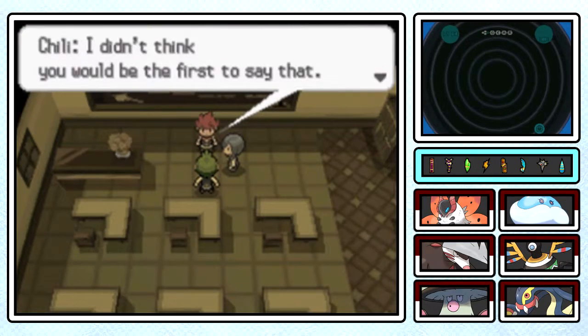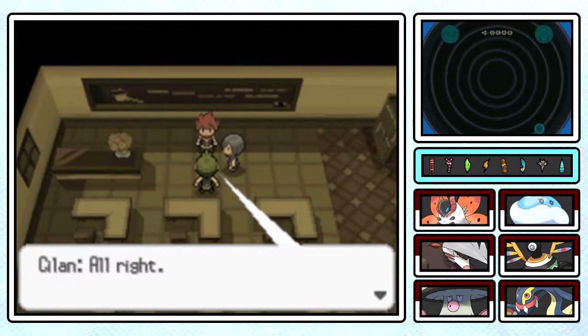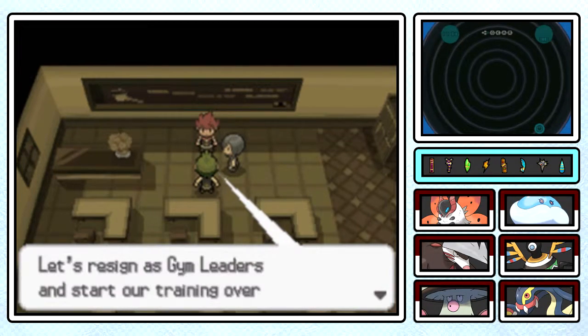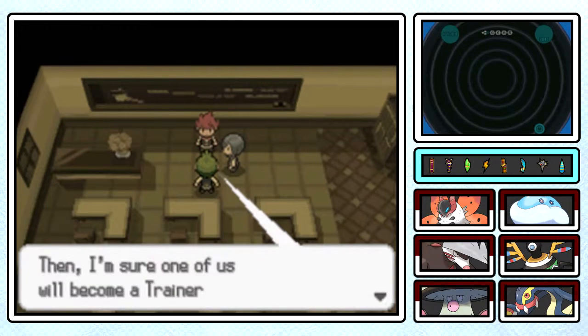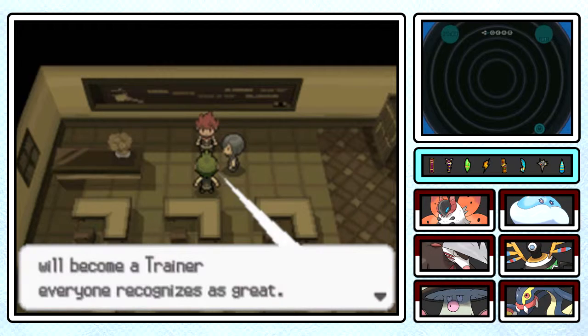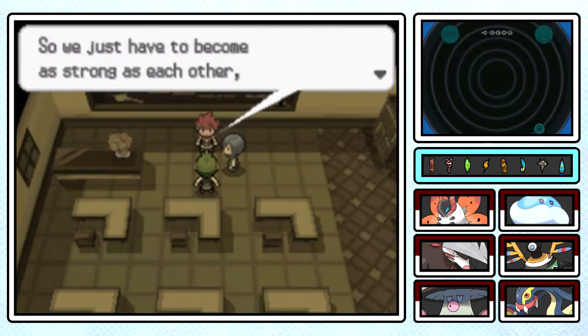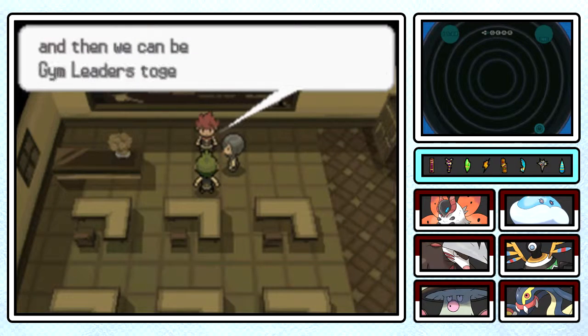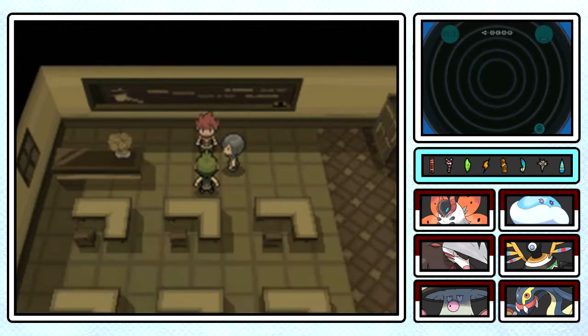I didn't think that you would be the first to say that. Of course, I, Cress, was thinking about that too. Alright, let's resign as gym leaders and start our training over from the ground up. Then, I'm sure one of us will become a trainer everyone recognizes as great. We're triplets. What we think is the same. So we just have to become as strong as each other. And then we can be gym leaders together again. Okay, so as for the replacement gym leader...